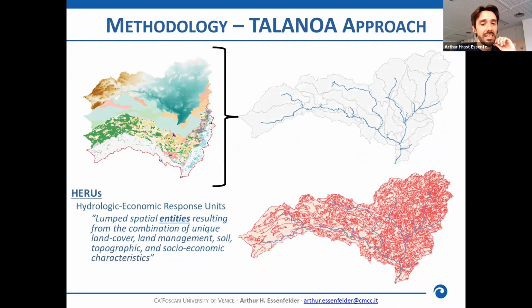We overlap this in the same way that is done in SWAT, but now what we have is something that we are calling hydrological economic response units. And the main difference here is that we're not only considering, let's say, physical considerations on how water is managed and used in a watershed, but also economic ones. So we're also trying to incorporate more or less the way that the agents think and the rationale behind how they manage water in that system. Take notice here that we are also changing the definition from land cover to land use, because we're also using land management and how they actually manage their land.